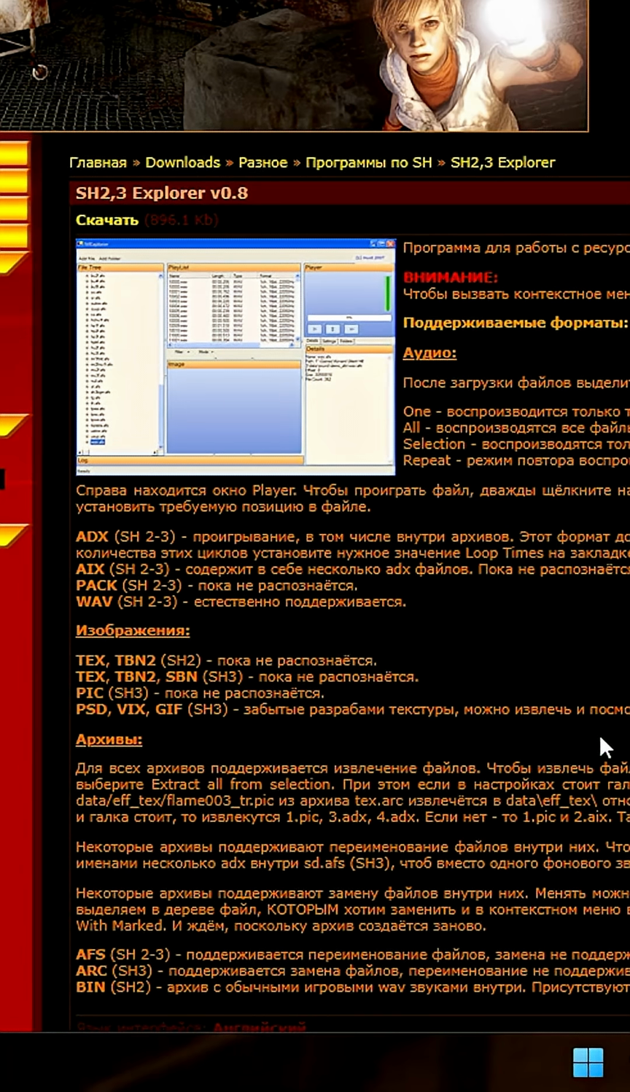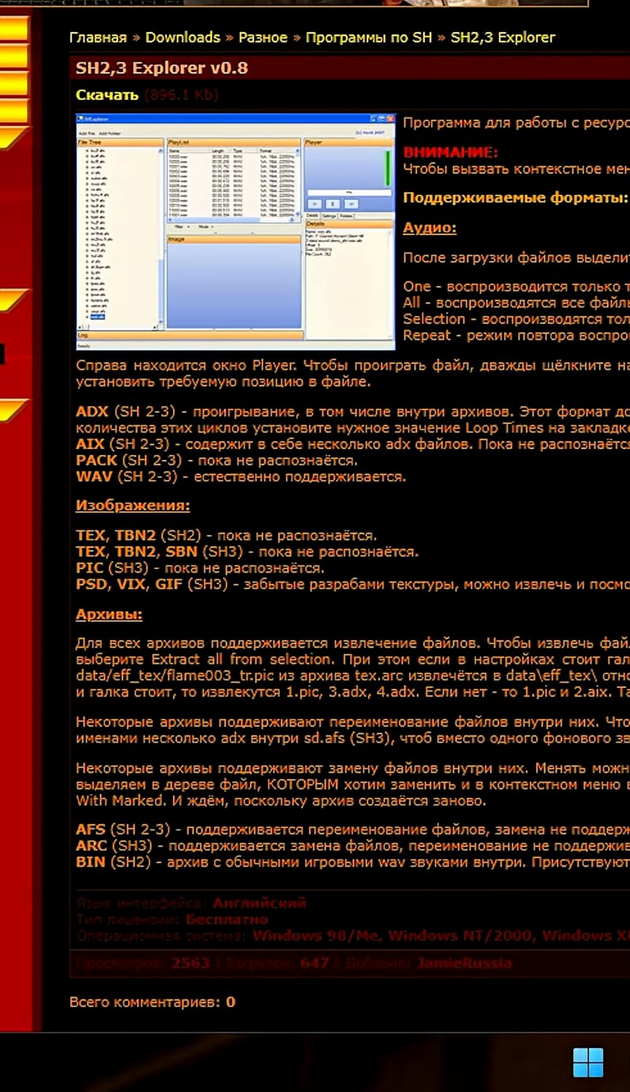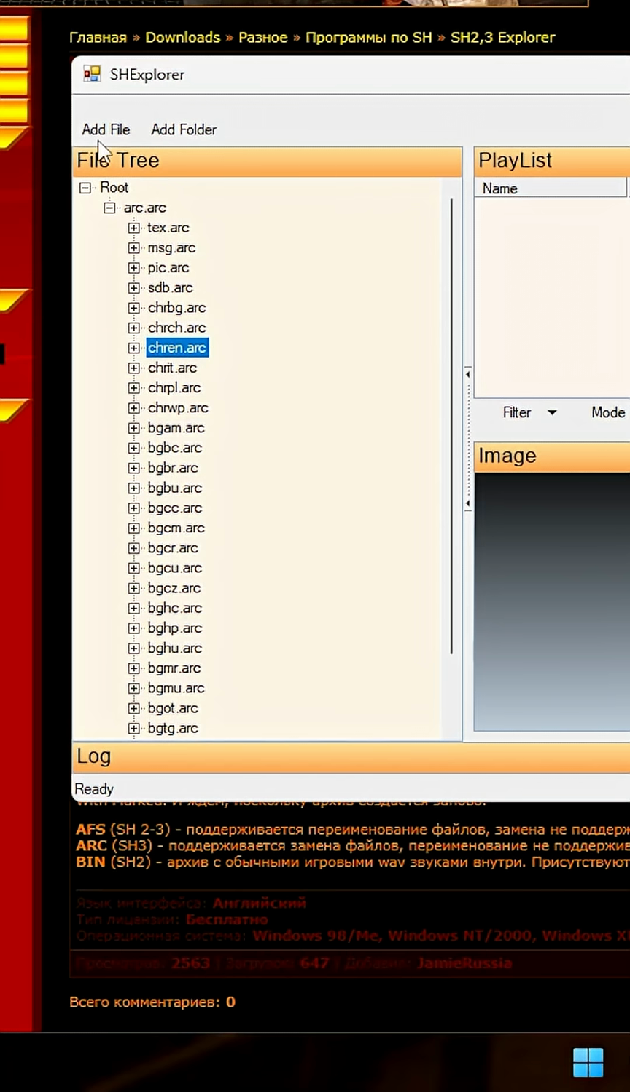So the first thing I went and did was found this sketchy Russian website which has the Silent Hill 3 model explorer, downloaded this sketchy link, and then once we had the program opened up, I went ahead and imported our Silent Hill 3 game files. I had to do a little bit of trickery here, but once we had the files exported from this program,